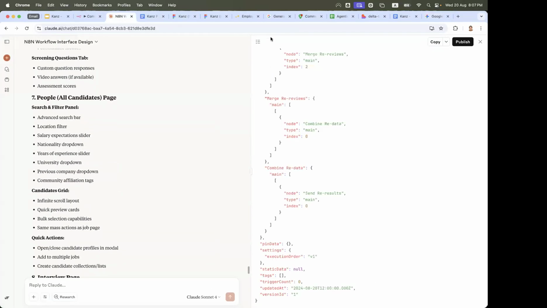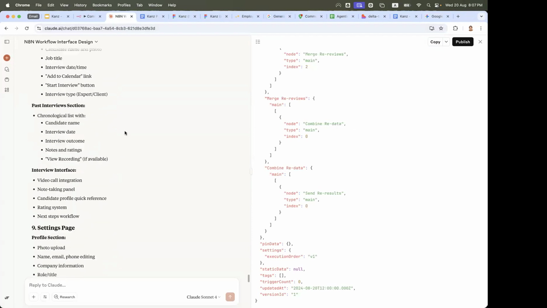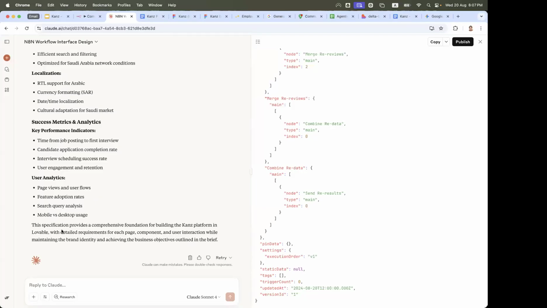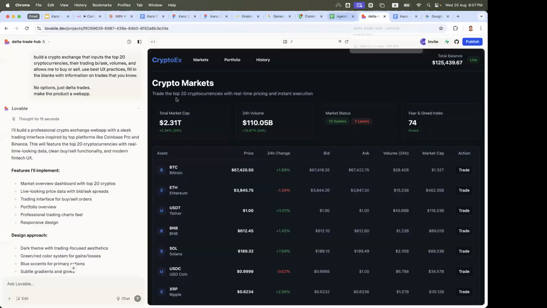Okay, it's finishing. Settings page. This spec provides a comprehensive foundation for building the Ken's platform in Lovable with detailed requirements. This says copy. This says go. Where is Lovable? Here's Lovable.